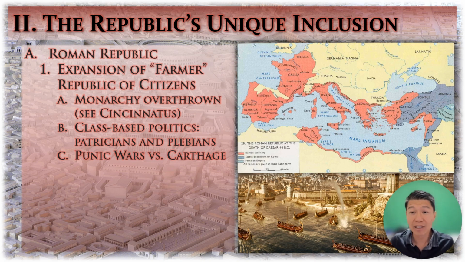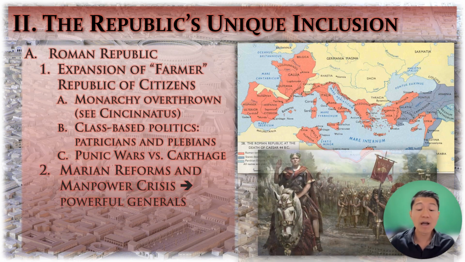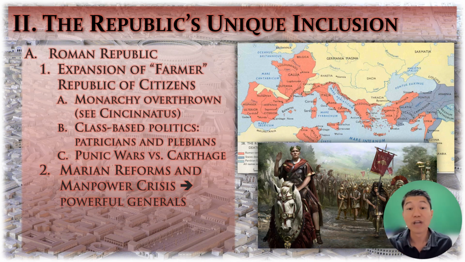But as the Roman Republic expanded out further, the citizen soldiers found themselves farther and farther away from home, and many of them weren't able to go home for the harvest, and eventually many of them lost their farms and had to sell them, entered into debt. And so as a result of this, they relied on, for survival, their generals. And many of these generals started to have a much higher view of themselves, and many of them became very